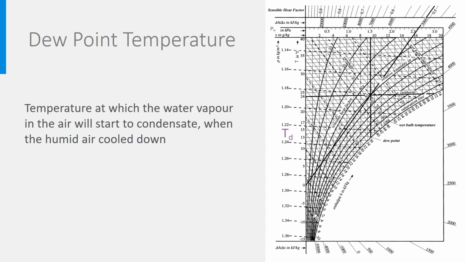It is therefore a point located on the saturation line. Let's start again with this point, our example in the middle of the diagram. The temperature of the air is 24 degrees Celsius, the humidity is 9.5 gram per kilogram, corresponding to a partial water vapor pressure of 1.5 kilopascal. What happens when air cools down? Well, the temperature goes down, so the state on the diagram will go towards lower temperatures this way, or this way, or this one. Which one is right?